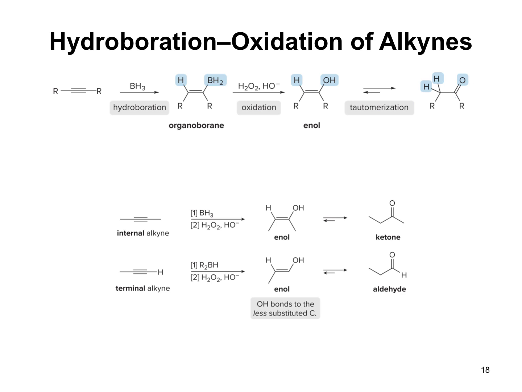So addition of the borane forms an organoborane here, and then we undergo oxidation after that to form an alcohol. And when we form that alcohol, look, it's an enol, and then it'll go through the tautomerization here. So this follows the same mechanism from the previous chapter, and then this is the enol keto tautomerization that we talked about. Now, when we compare an internal alkyne to a terminal alkyne,